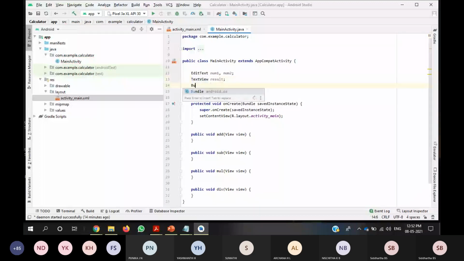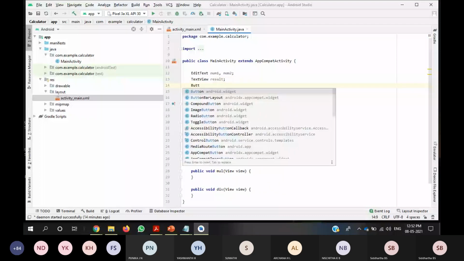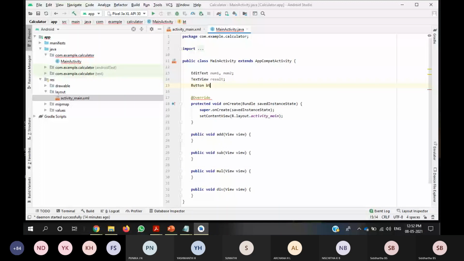And next the buttons: bt add, bt subtraction, bt mul, and bt division. Okay, so once you are done with this,